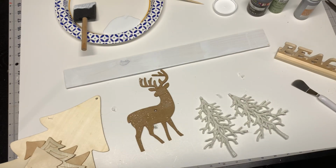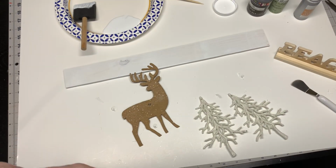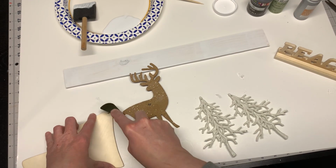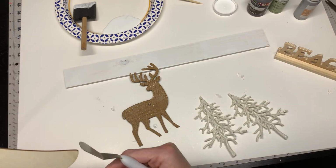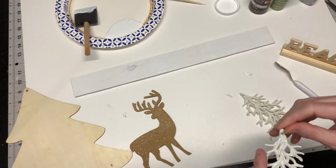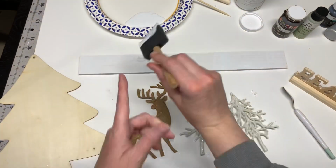So for this particular project, we're going to use a gray, a sage color, white, and the wax color for all of the different pieces that we have for this project. So once that hot glue dries, then we can take off the excess and just make sure that it's nice and smooth. And I just used one of my tools from my Cricut and did that. You could also use some sandpaper,